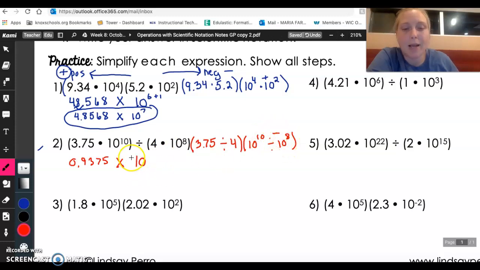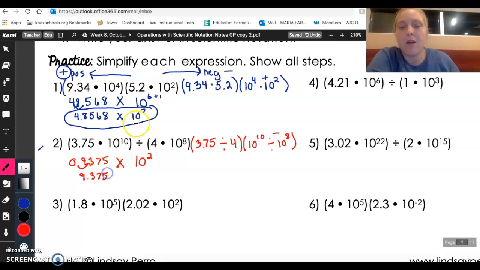10 minus 8 is 2. So now I have to adjust this number to make it fit into scientific notation, and we're still going to use what we did up here. In order to fix this first number and put it into scientific notation, I would have to move one digit back so that we have